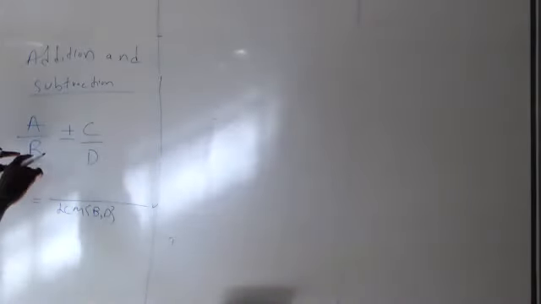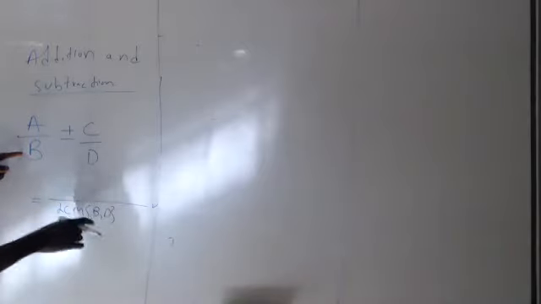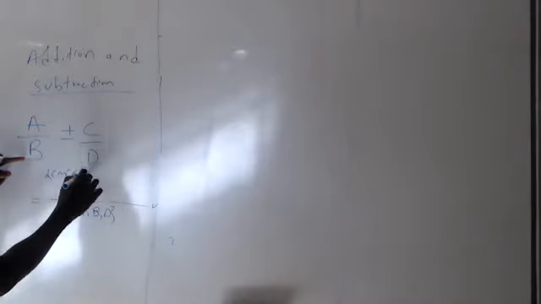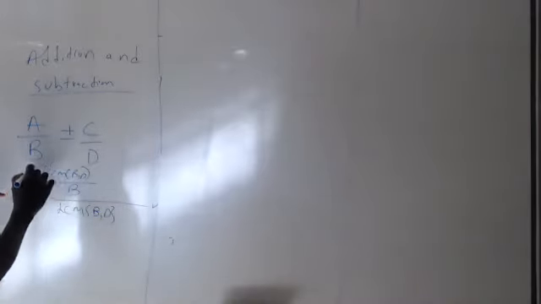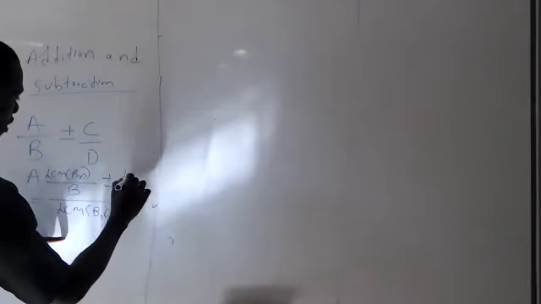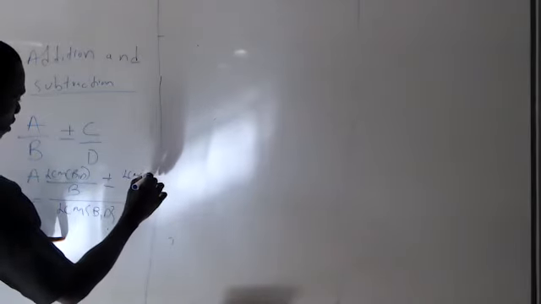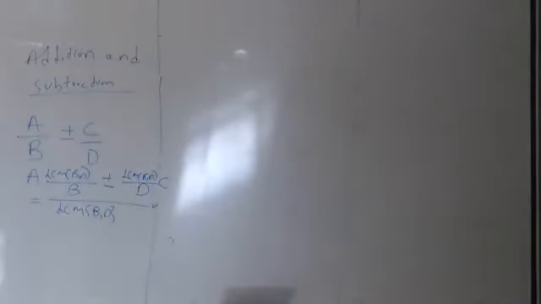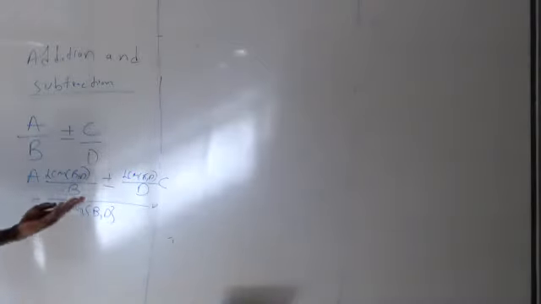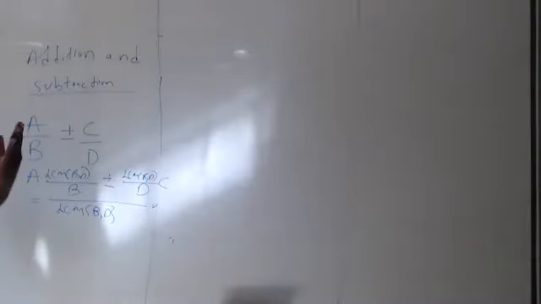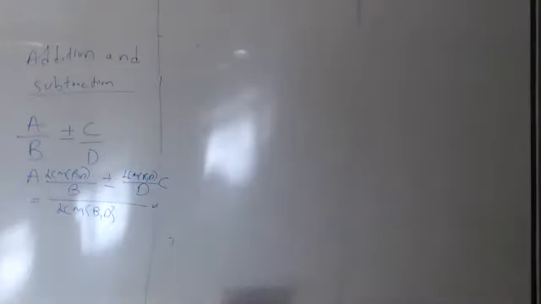Then you ask yourself, how many times does b divide the LCM? The LCM bd divided by b, you multiply this by a, plus or minus. How many times will d divide this LCM? The LCM bd divided by d, multiply that by c. This is how we treat fractions. The procedure is the same when you're dealing with rational expressions because they're just fractions of polynomials. For example,